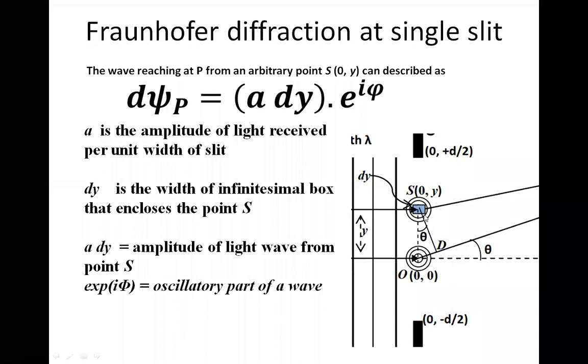So within this entire gap, you are getting a. Then what is the share of a small dy? If the unit price is, let us say, 10 rupees, if I purchase 5 units, what is the cost? Is it not 5 into 10? Just like that. As the unit price of amplitude is a, and I am purchasing dy number of units because dy is the width amount, that's why a dy is going to give me the amplitude of the spherical wave emanating from this particular point. Are you able to follow?